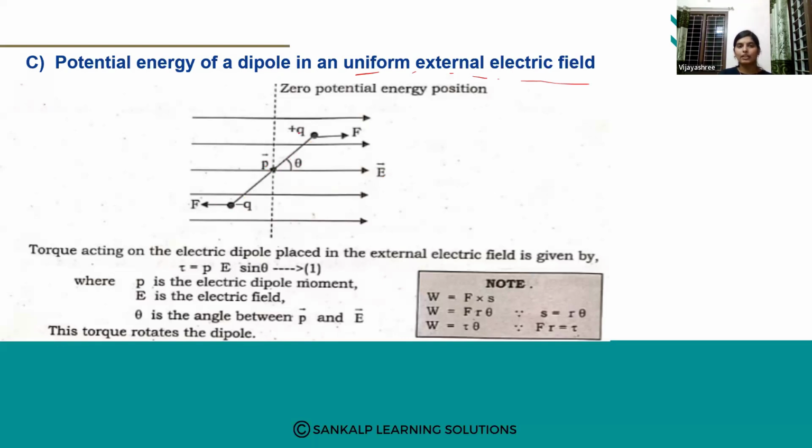So, plus Q and minus Q are the charges of the dipole. Force acting on minus Q charge will be in this direction. Force acting on plus Q charge will be in this direction. Now, we know that torque acting on the dipole placed in an external field is given by tau is equal to P